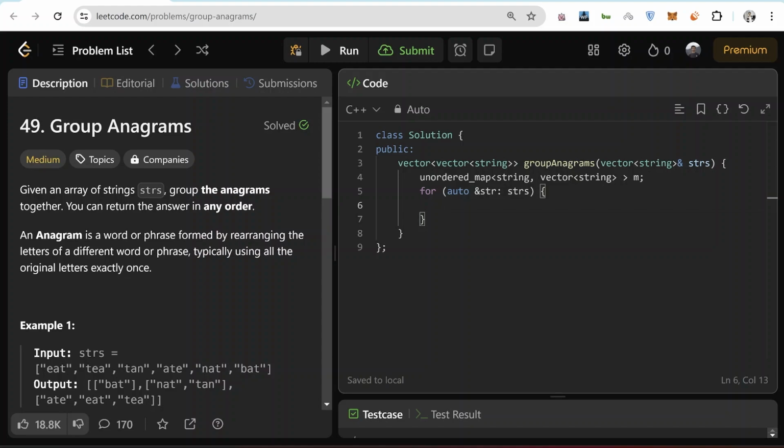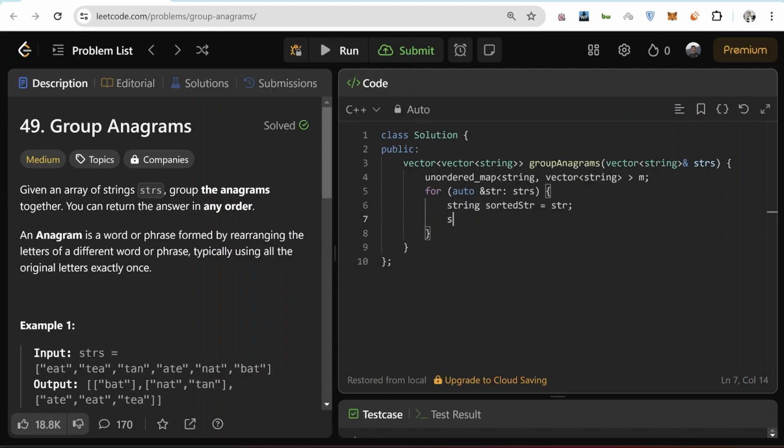So let's create a new string sortedStr, assign it equal to str, and then just sort this string, sortedStr.begin, sortedStr.end, and then insert using the sortedStr as the key. I just push back the original string.